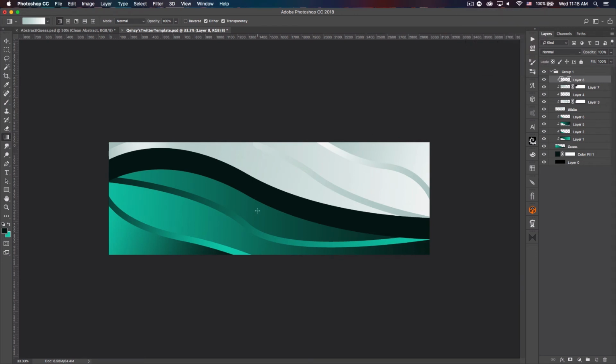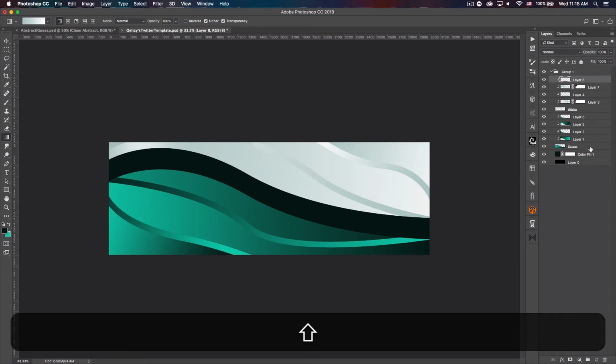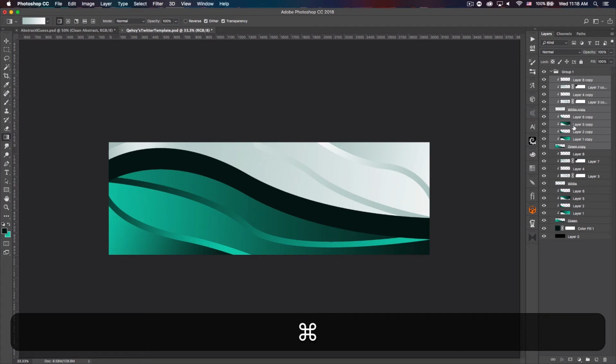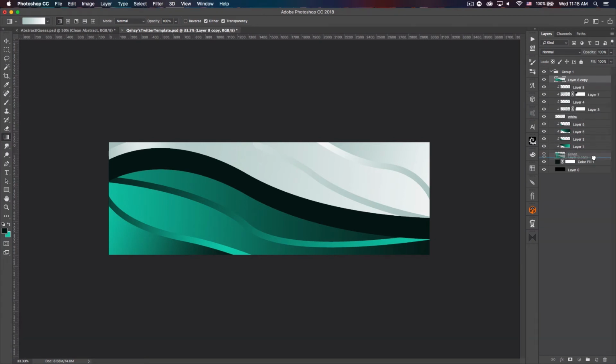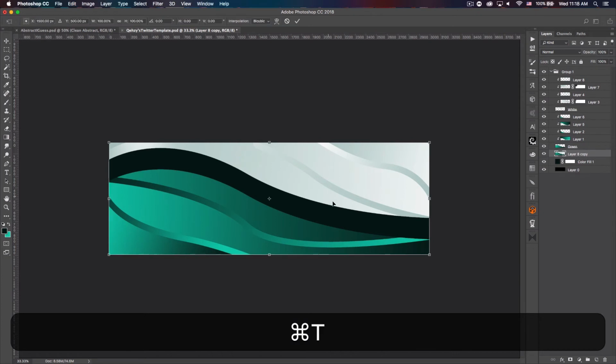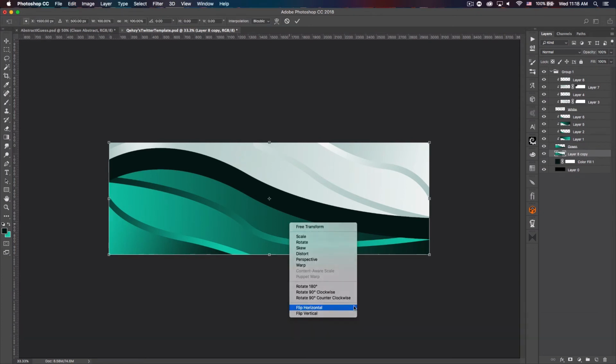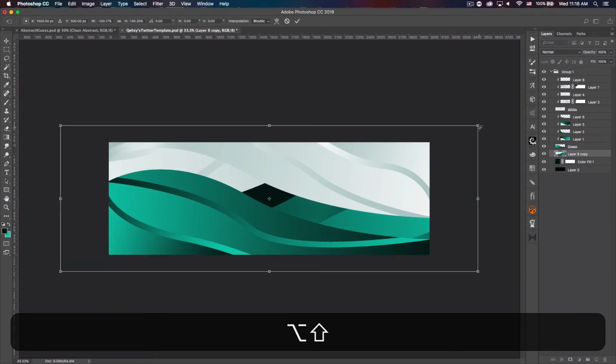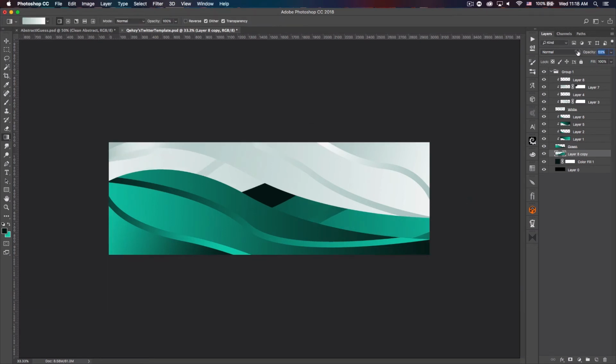Alright, there we go. We set up the background pretty well now. One thing I did do then was select all the stuff we just did, duplicate it with Command J, and then Command E to merge it. Brought it down below everything. Command T, right click, flip horizontal, and then increase the size a little bit, and then just bring down the